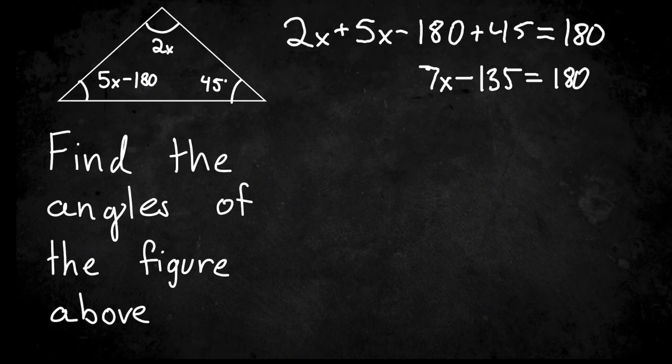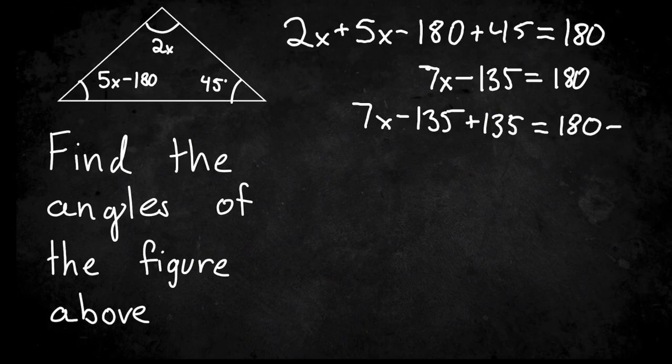So we have 7x minus 135 plus 135 equals 180 plus 135. When you subtract 135 and add 135, that equals 0. So on this side we are left with 7x, and 180 plus 135 is